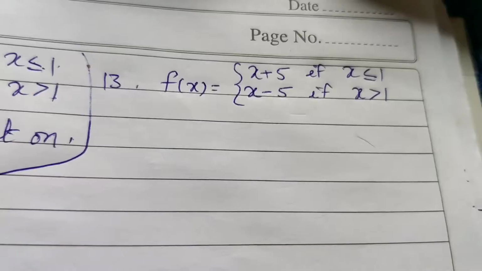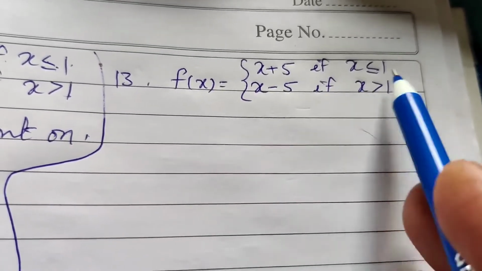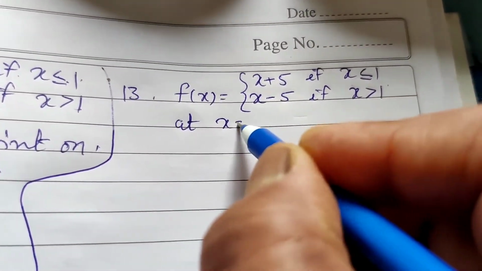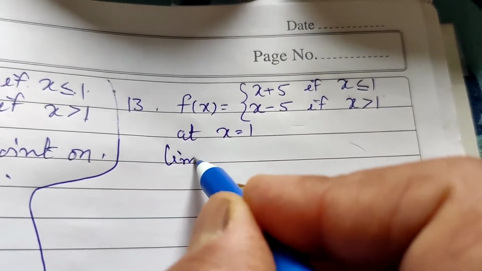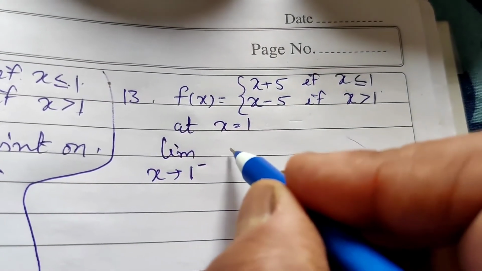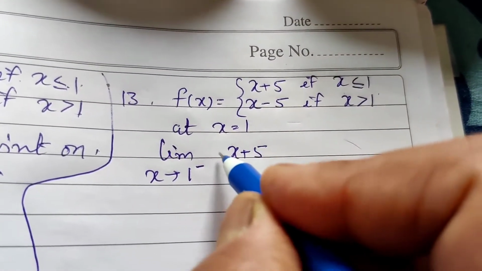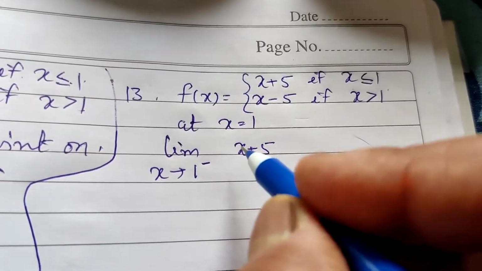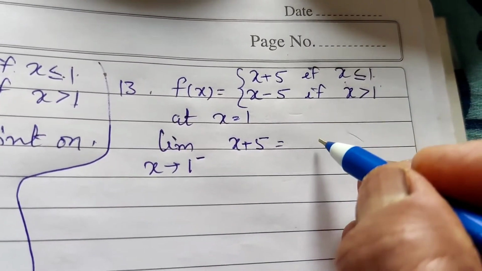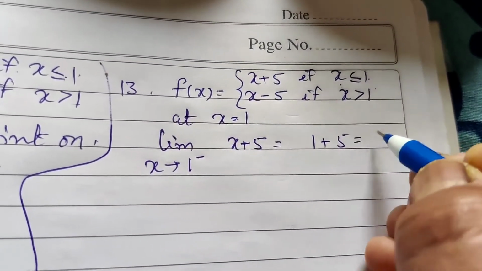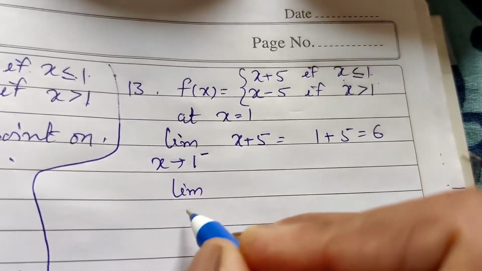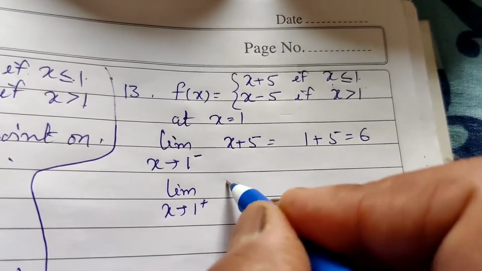Okay, this is a function, x plus 5 for x less than or equal to 1. First we have to take x equal to 1. The left hand limit when x tends to 1 minus, the function is x plus 5. Then the limit is equal to 1 plus 5, which is equal to 6. And the limit of the function when x tends to 1 plus,